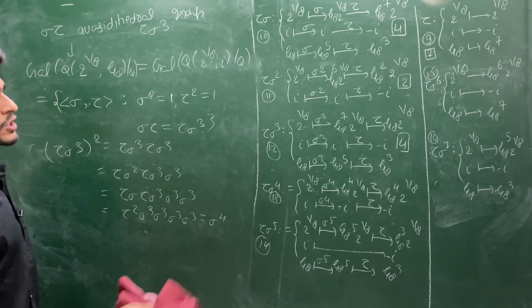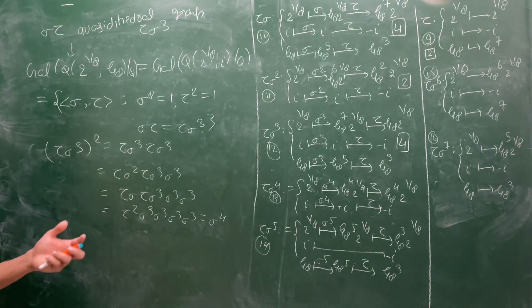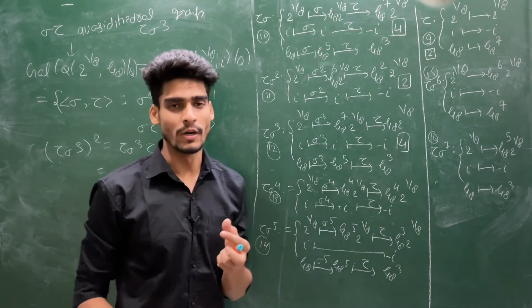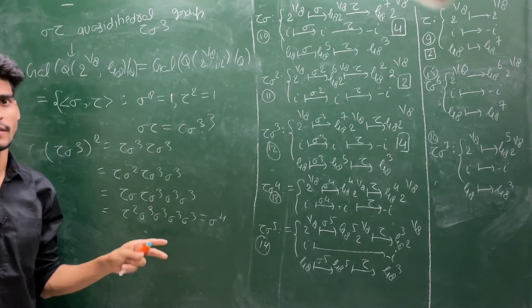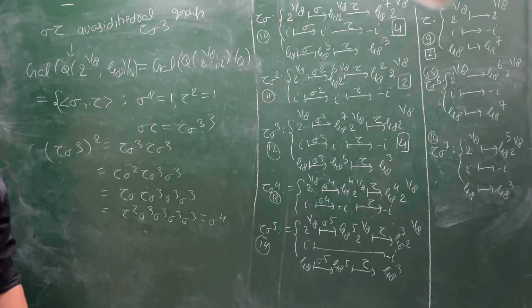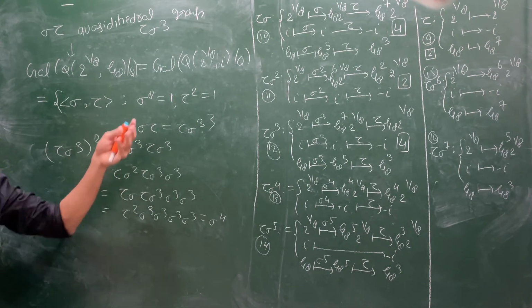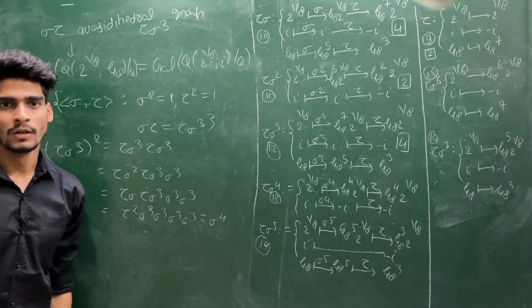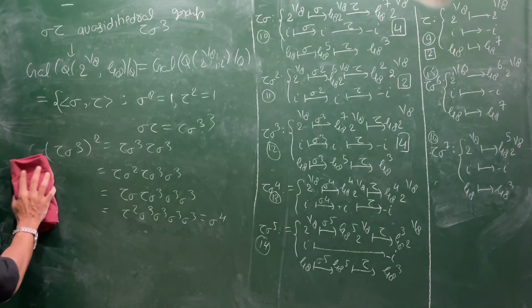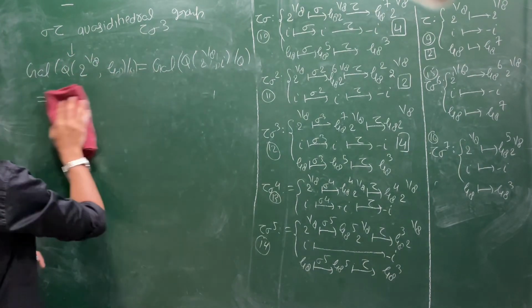So this is the structure of this Galois group, and at the end of this lecture, I will give you the picture of the corresponding subgroups and the corresponding subfields, which I have not created. I am taking it from the book by Dummit and Foote. You could create it, I could also create it, but that will take 3 to 4 hours of thinking and computing. So this is the structure of this Galois group.